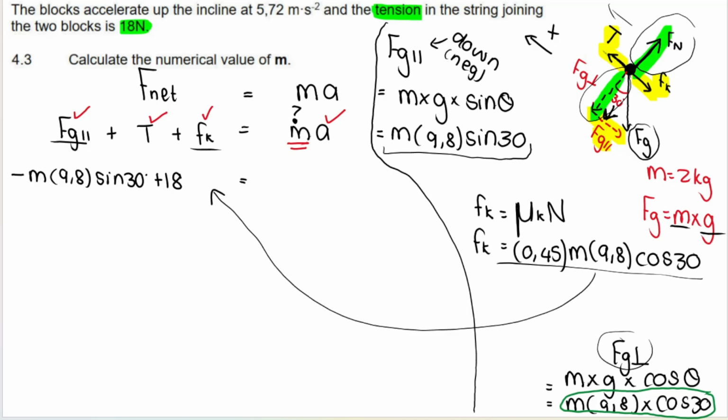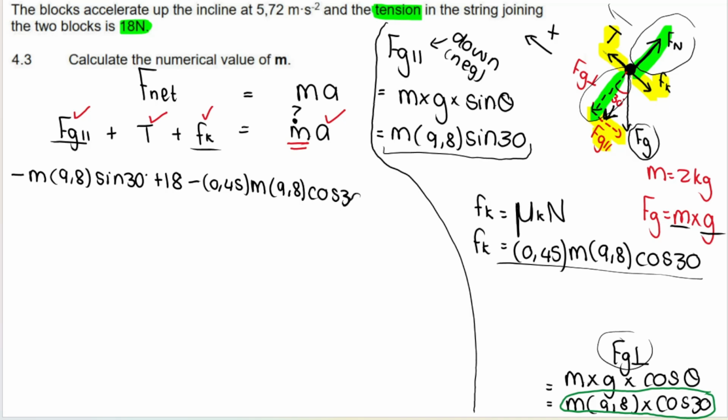And again, ask yourself, which direction is friction going? It's going down the slope, so it must go in as a negative. So I hope you can see now why I said I don't have enough space. So negative 0.45 times m times 9.8 times cos 30 equals my mass, which I do not know, and my acceleration was given in the question. There it is. And it accelerates up the slope, so it must be a positive acceleration,